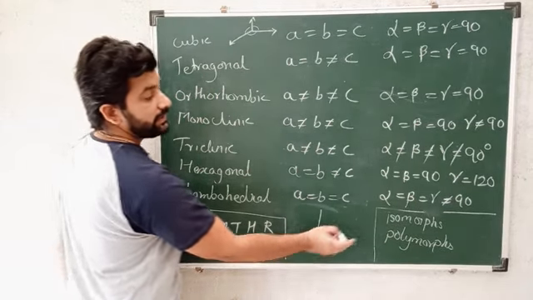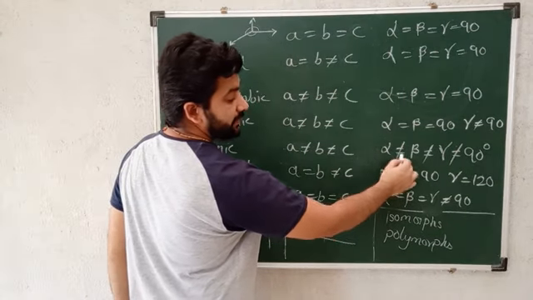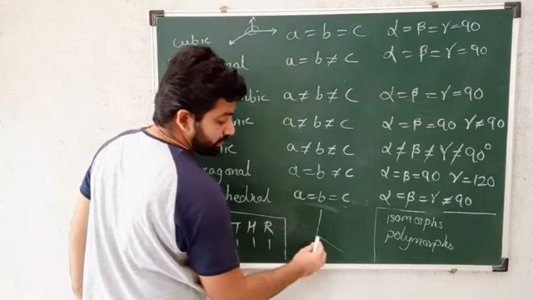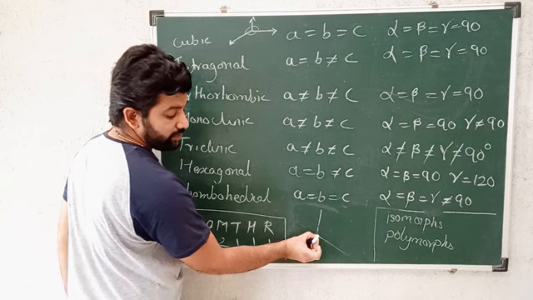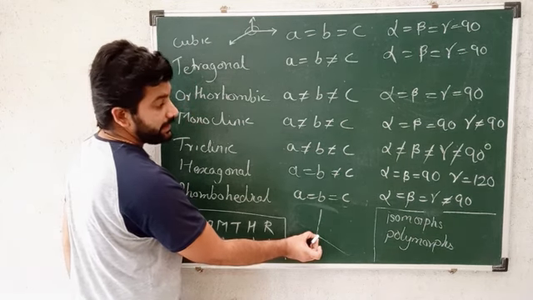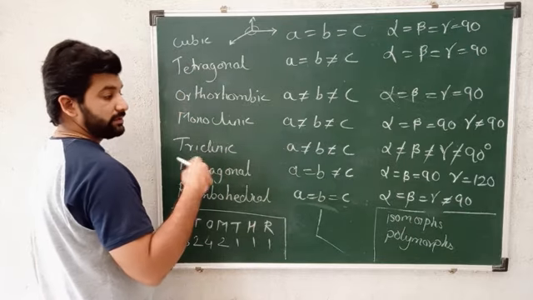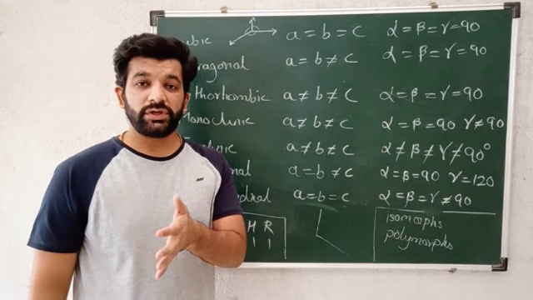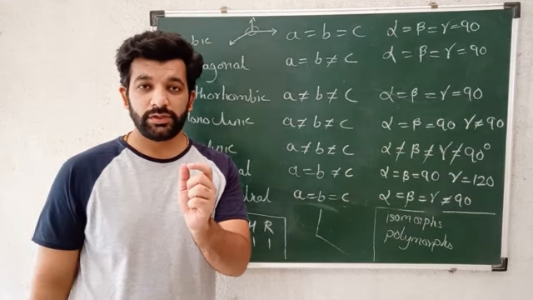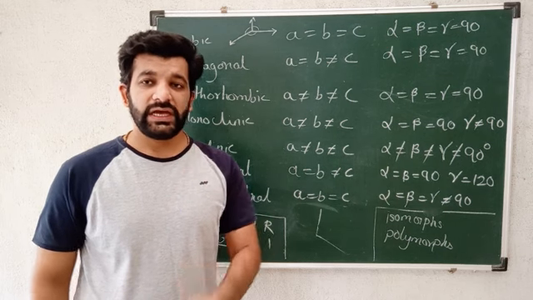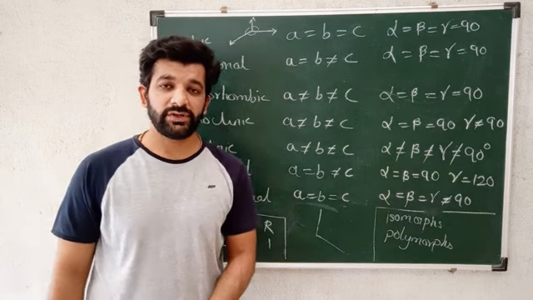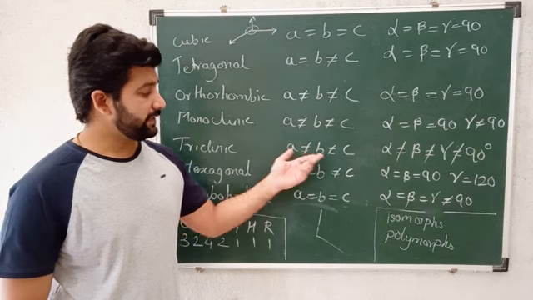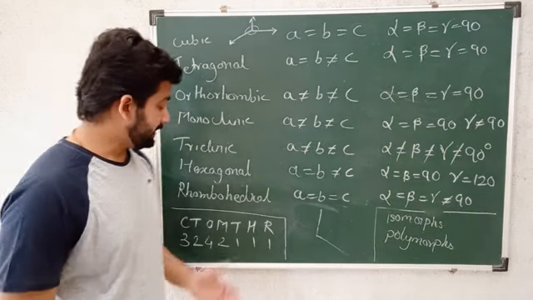Okay, is this clear? In this way, in the second condition, alpha is not equal to beta is not equal to gamma, meaning the angle between these 2 edges is not 90, and the Z axis, the chalk, also has a separate angle. In this way we will try to understand the triclinic. Or there is one more method where we can make models by using just cycle tube wall and a few toothpicks. I have made those models, but I do not have them right now. I will show in the next lecture. So in the triclinic part we have these edge lengths and angles.